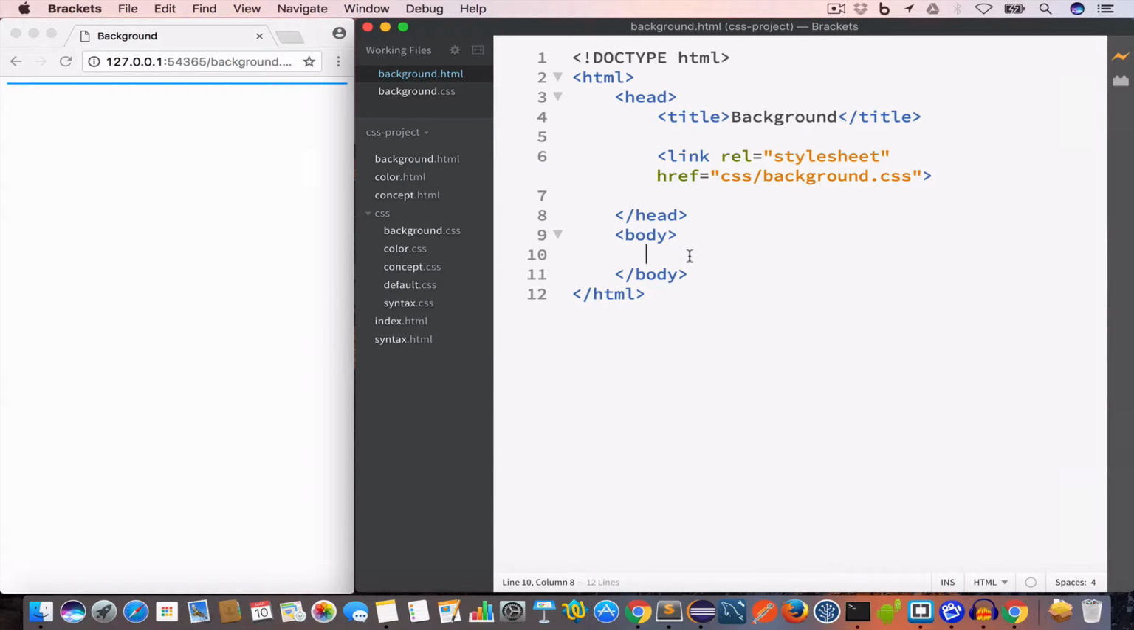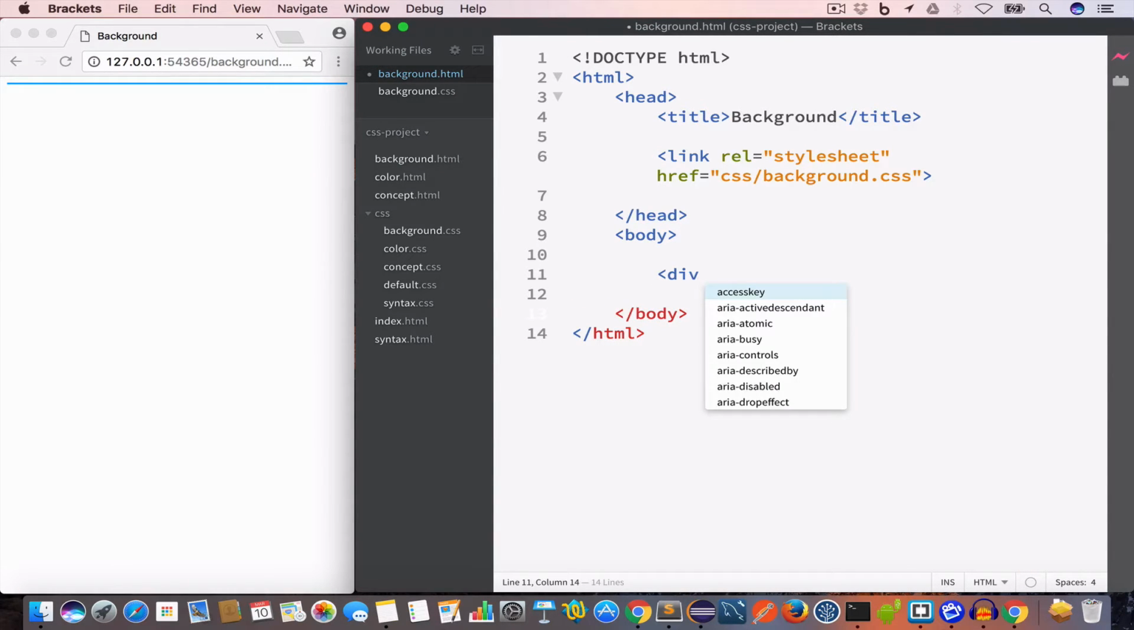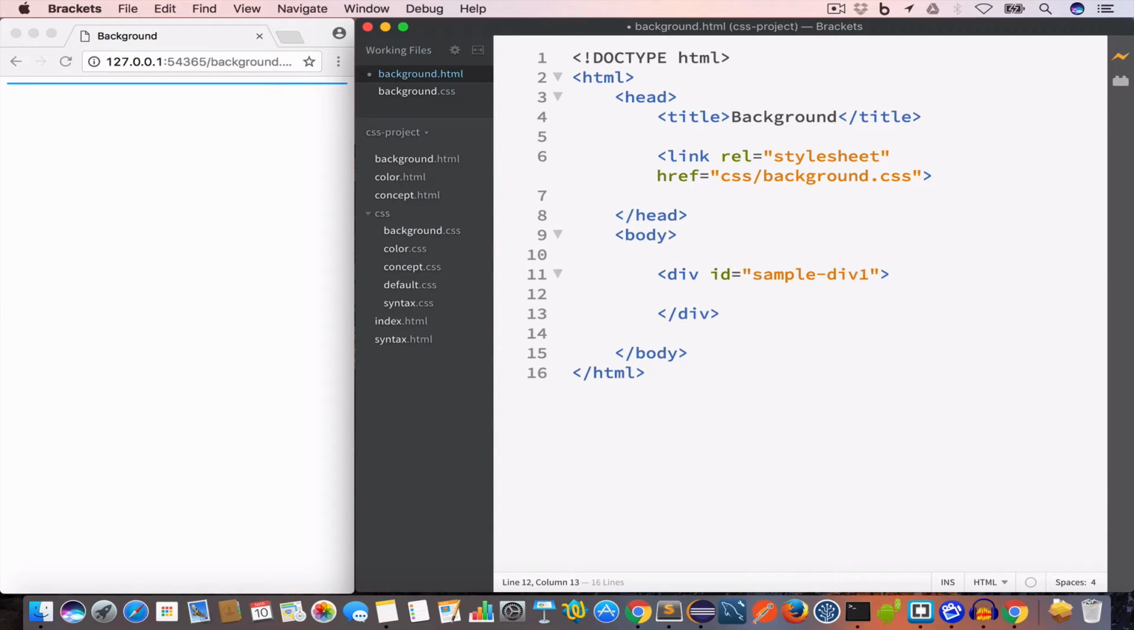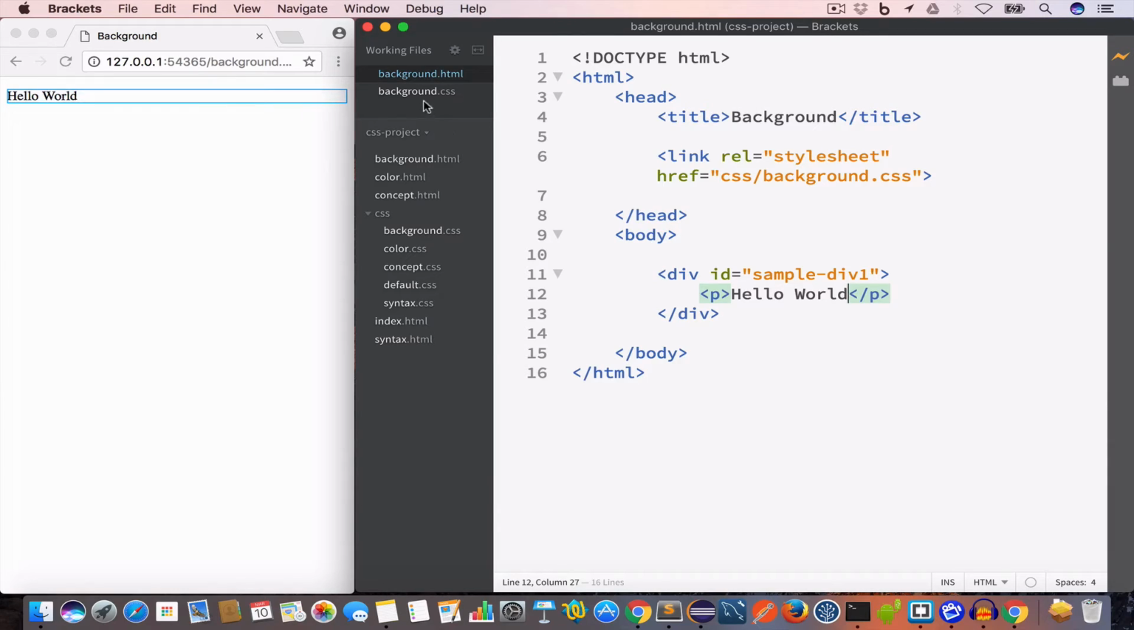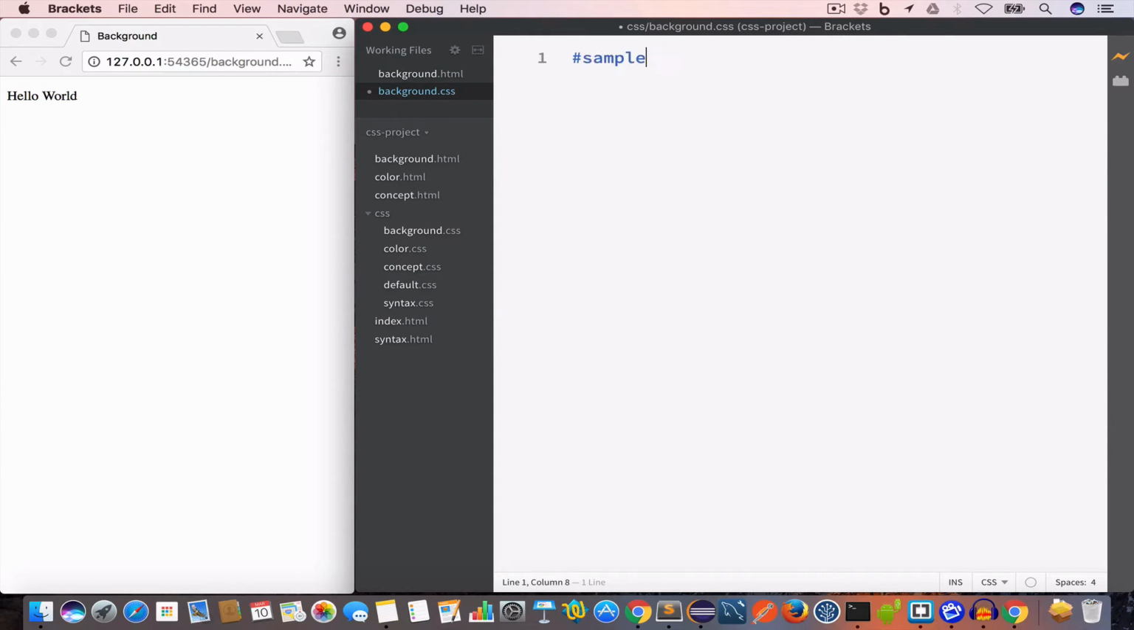Alright, so let us go ahead and create a div inside the body and let us give it an ID sample-div1. You can give any ID value that you like. Now inside this div, let us create a paragraph and set the content to hello world. Now let's say we want to change the background color of this div having ID sample-div1 to light yellow. So for that, we'll go to background.css. And since we are targeting this div having ID, we'll write hash sample-div1